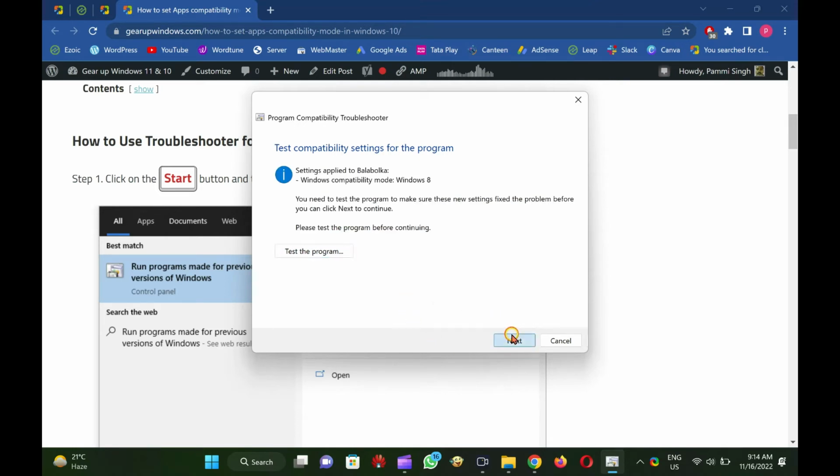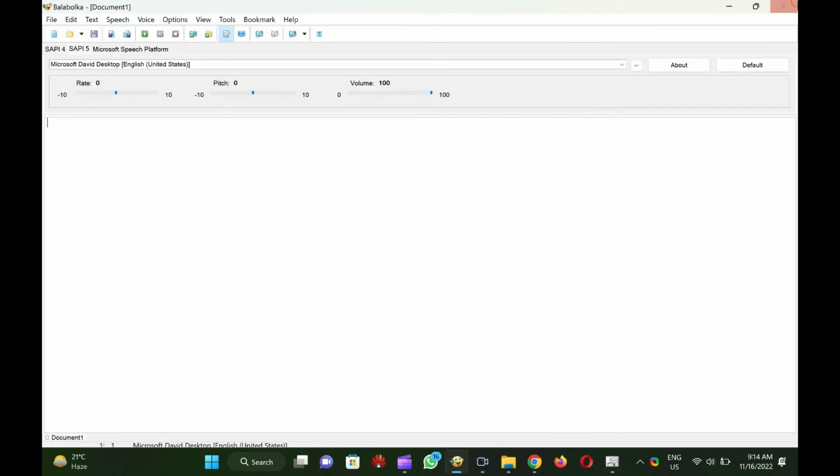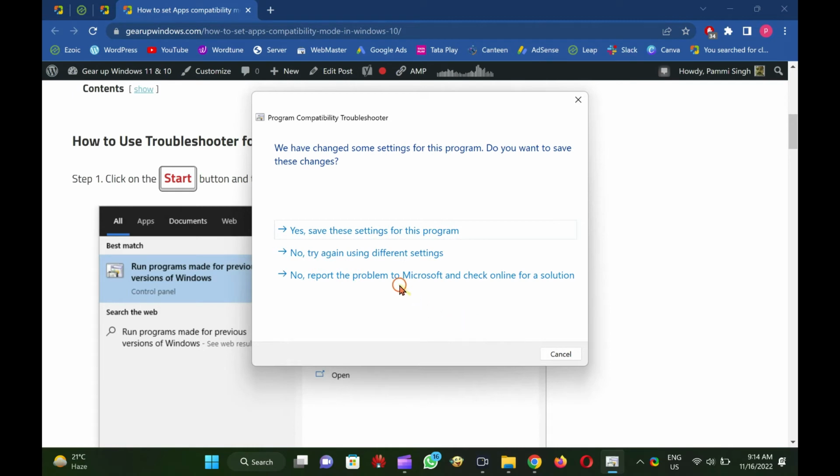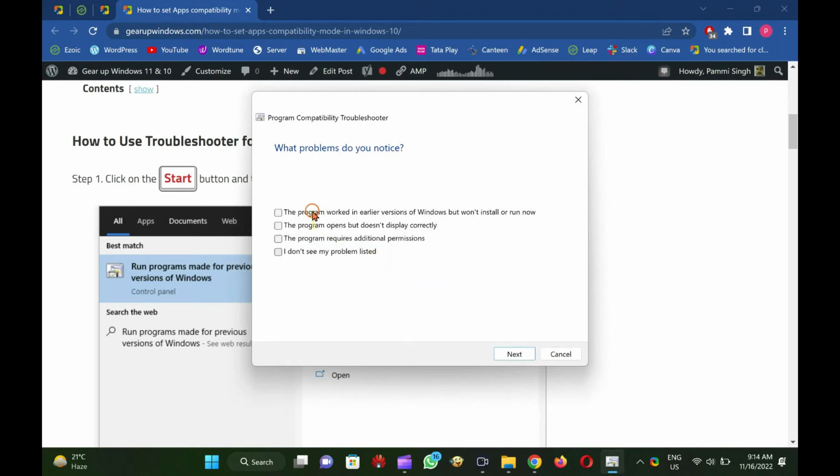The troubleshooter will give tests and suggestions to fix the problem, such as checking the app's display settings, depending on your selection. Click on the appropriate option to test the program, and then click the Next button. For each app you have compatibility issues with, you'll have to run the troubleshooter.